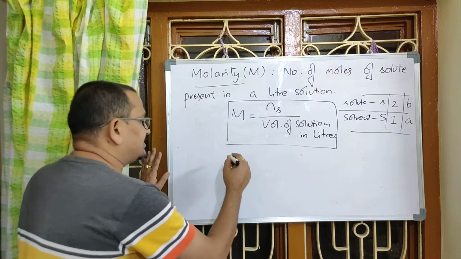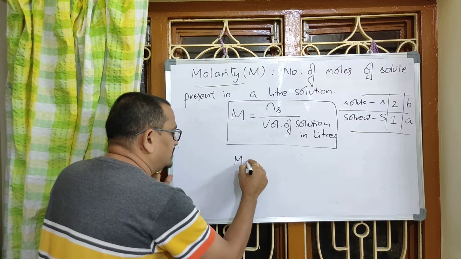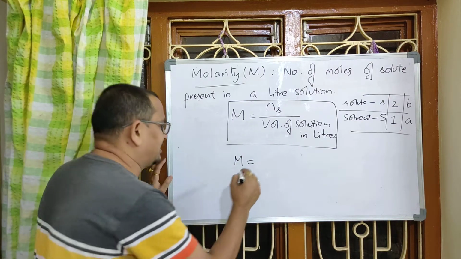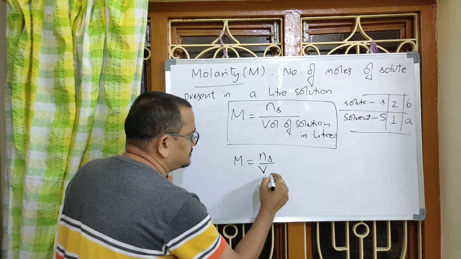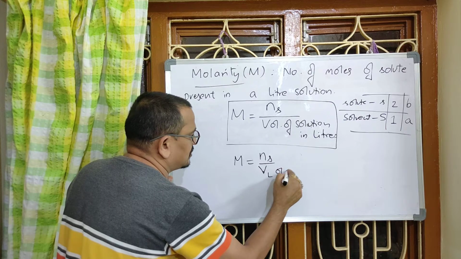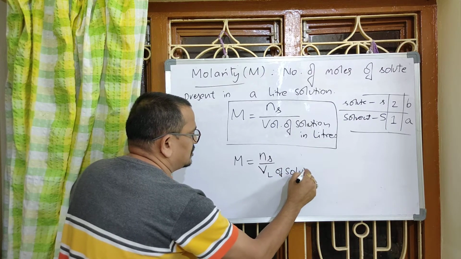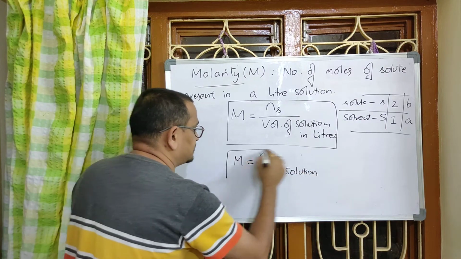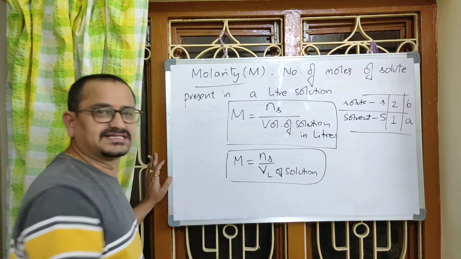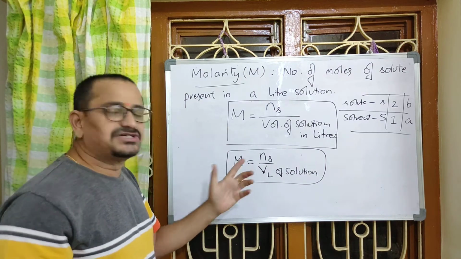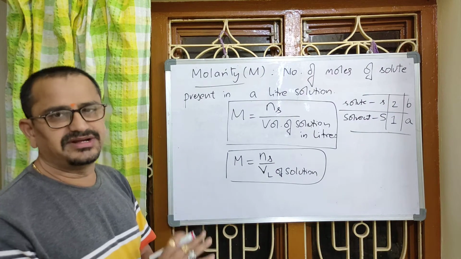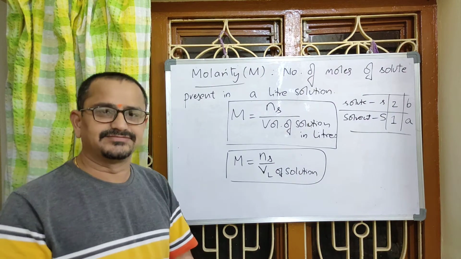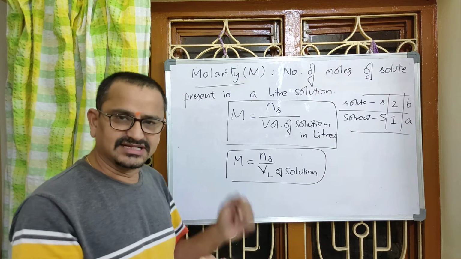That's why mathematically, in a simplified form, molarity of a solution can be given as number of moles of solute by volume of solution given in liters, V liters of solution. Yes, this expression is very important. This particular area, of course, the complete stoichiometry is just like mathematics. Complete numericals.